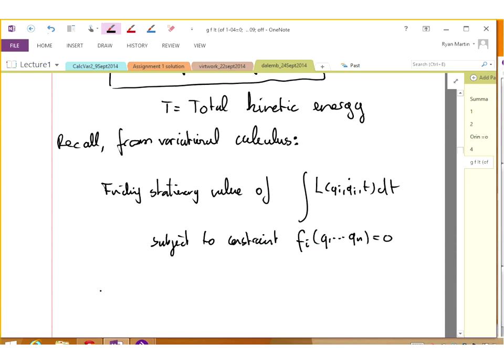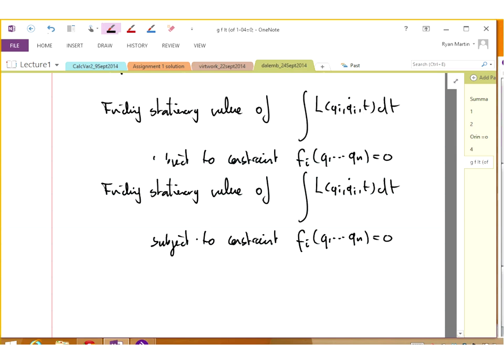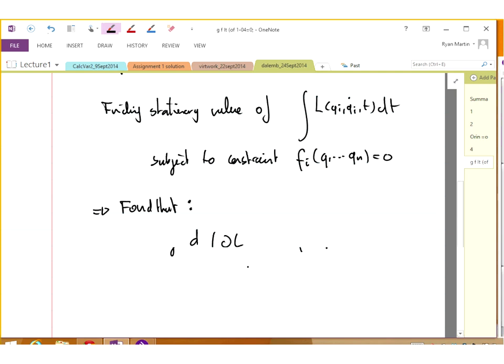And we found that the condition for this to be stationary was given by the Euler-Lagrange equation, and that was d by dt of ∂L/∂q̇j